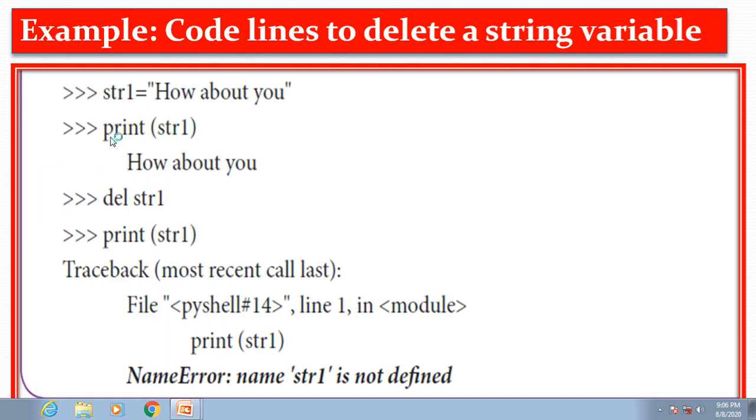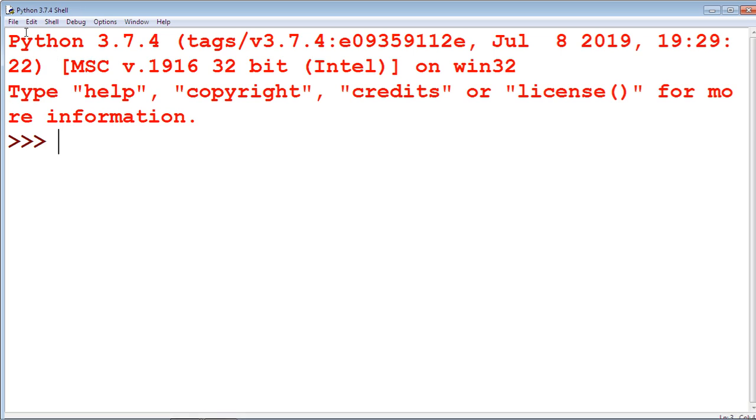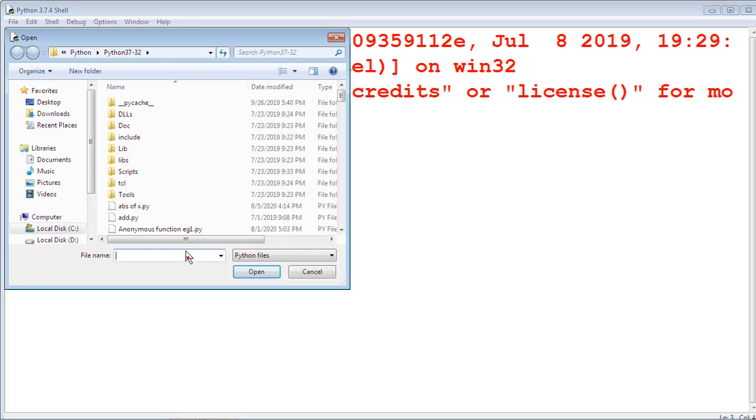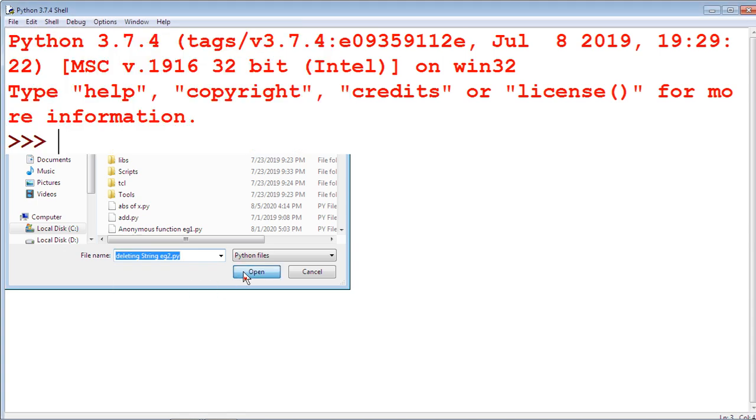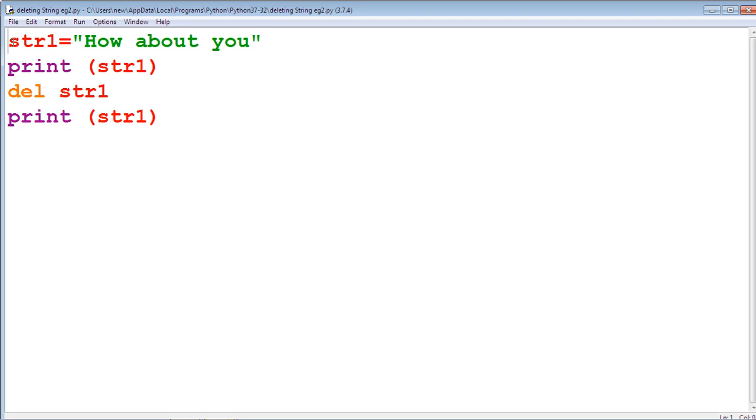By using the IDLE window, check this example. Deleting string, example 2. Here str1 equals "how about you". Now print str1 and we get the result "how about you". Del str1, so the string is deleted.